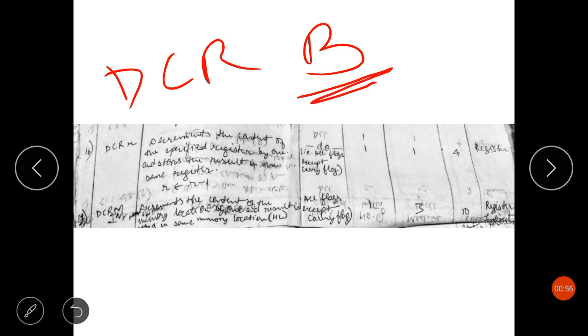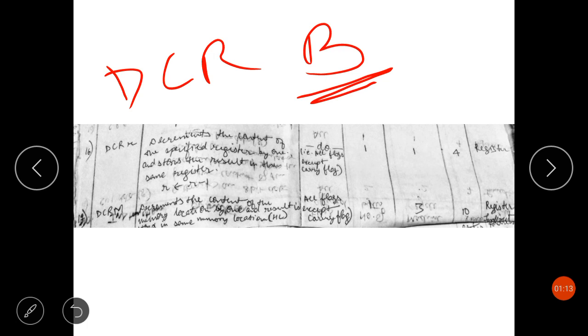For example, DCR B. R can be any register. It can be B, C, D, E, H, L, any register. What this instruction will do is decrement the content of the register that is mentioned. For example, here I have taken register B. It will decrement the content of register B and store the result in the same register. Here I have written: it decrements the content of the specified register by 1 and stores the result